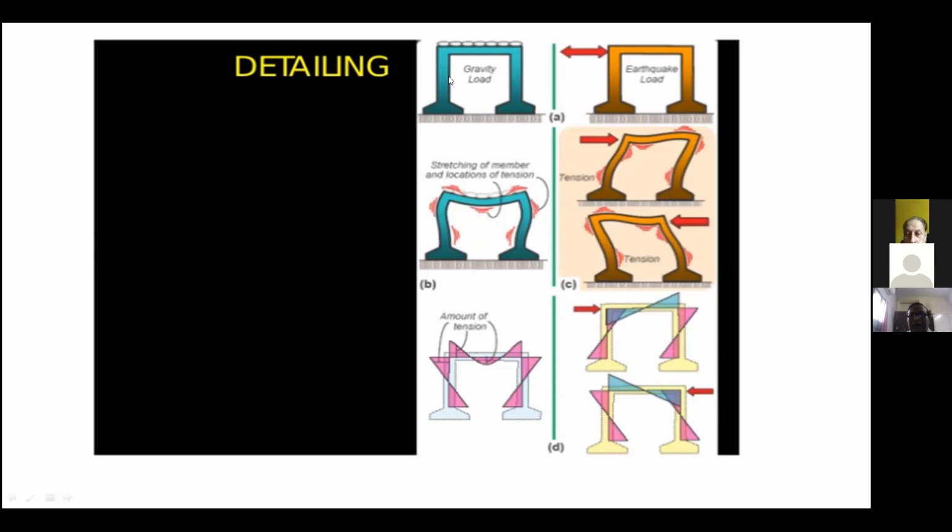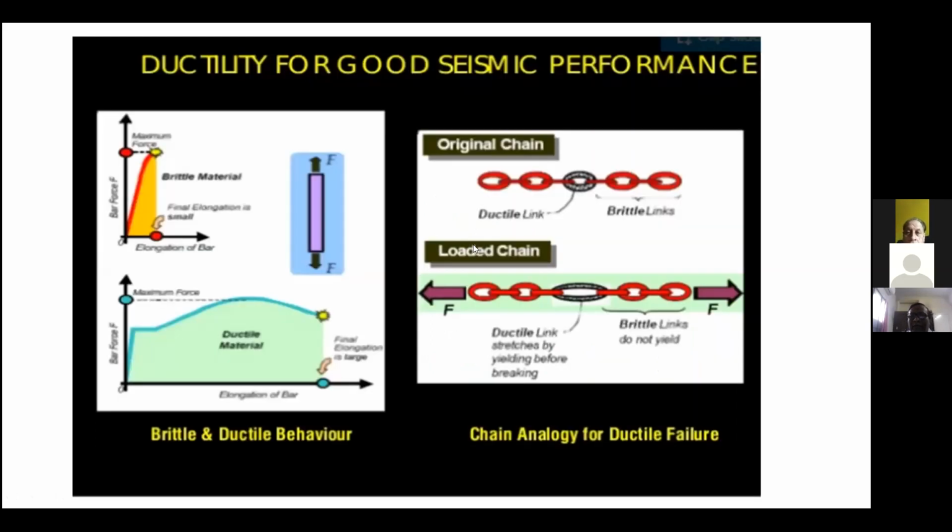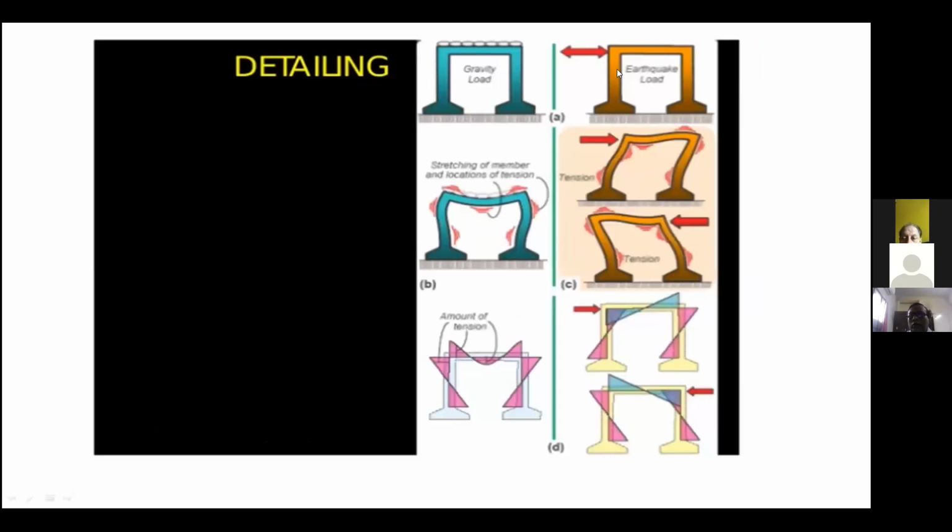This is for your steel required based upon your gravity load. Now, whenever you look at the lateral load, the earthquake load, actually it is going to be a displacement load because the ground is going to shake. Because of that, you are going to get the force. But still, for simplicity, we consider it a load and then we design.